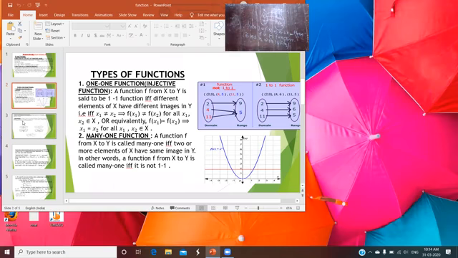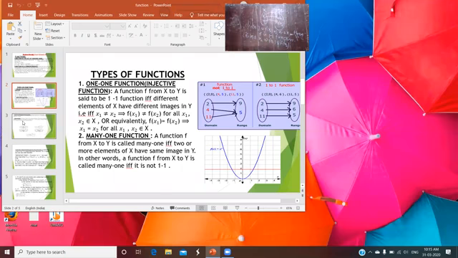Now if you come to the second one, 2 is related to 9, 4 is related to 6, and 11 is related to 5. So here you see that a function is said to be one-one for the distinct elements of the domain having different images, so you can say that the first is a one-one function, and the second one is not a one-one function.